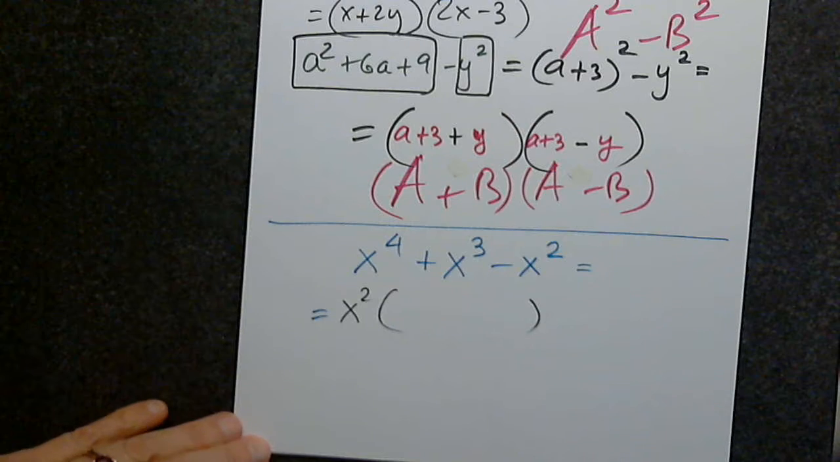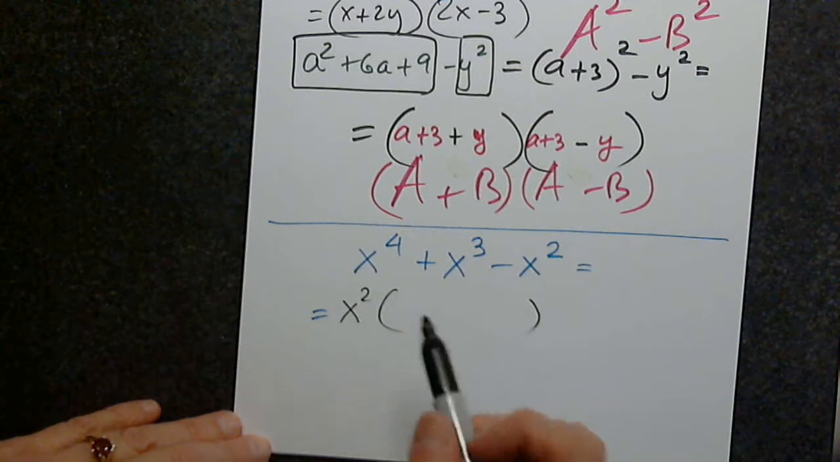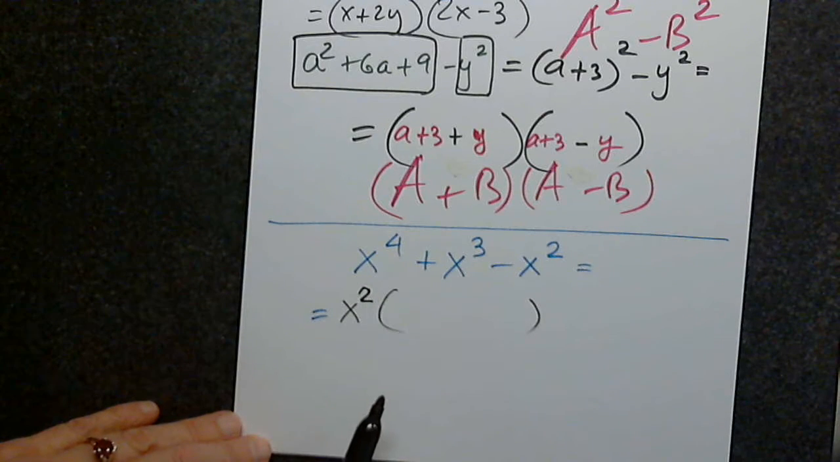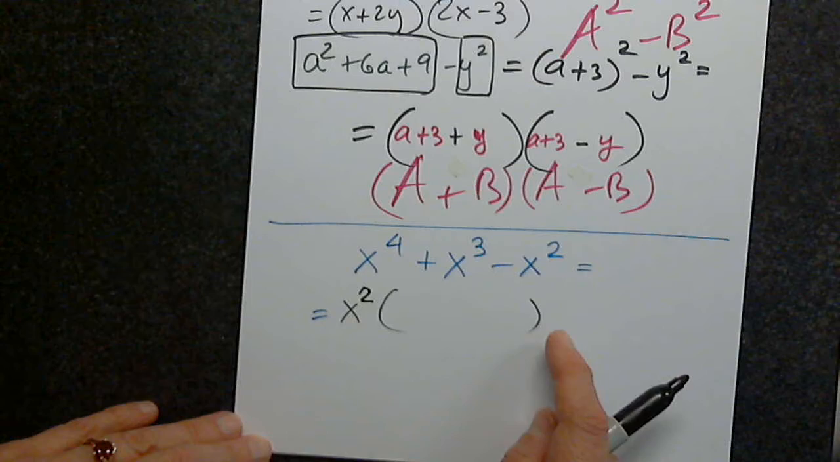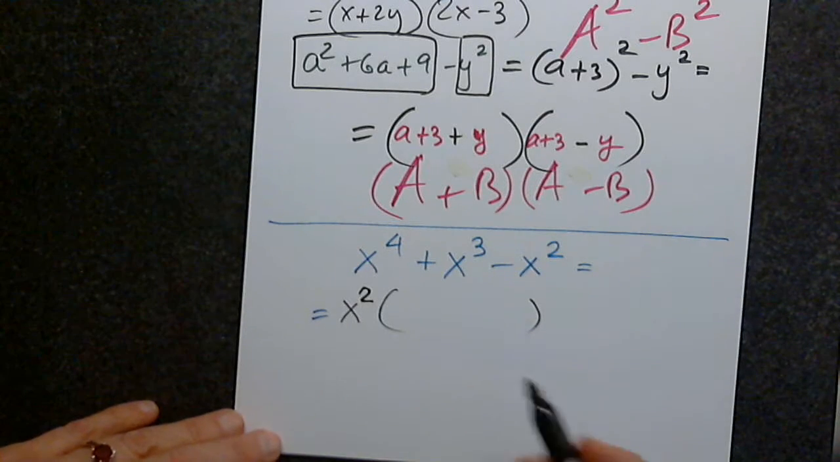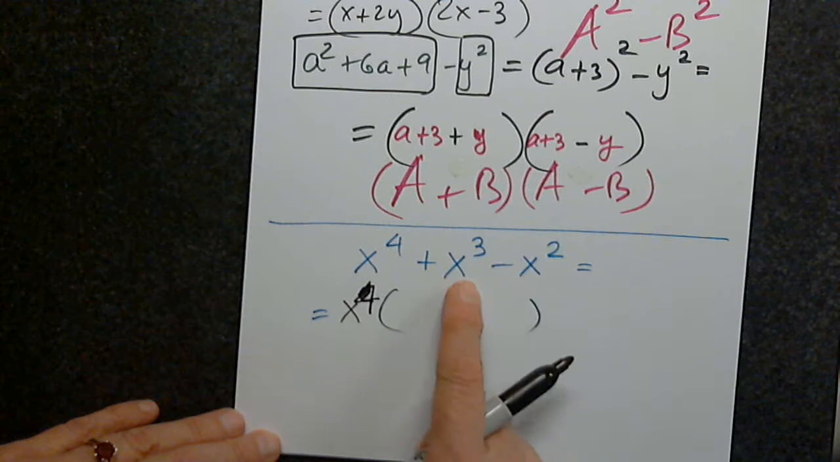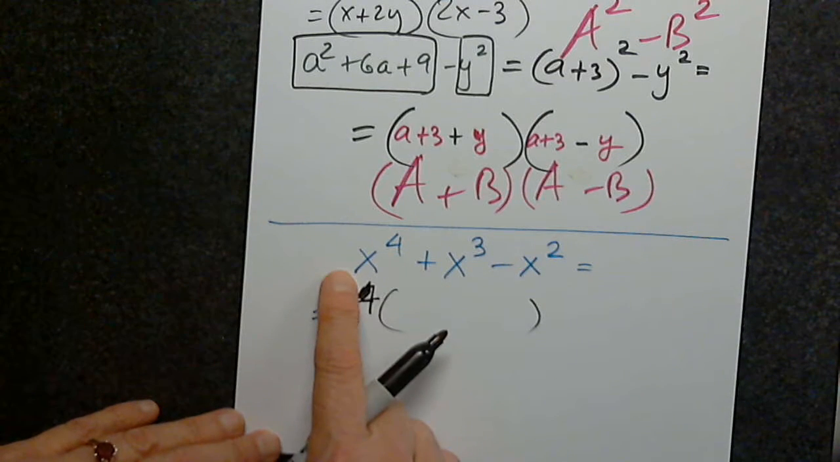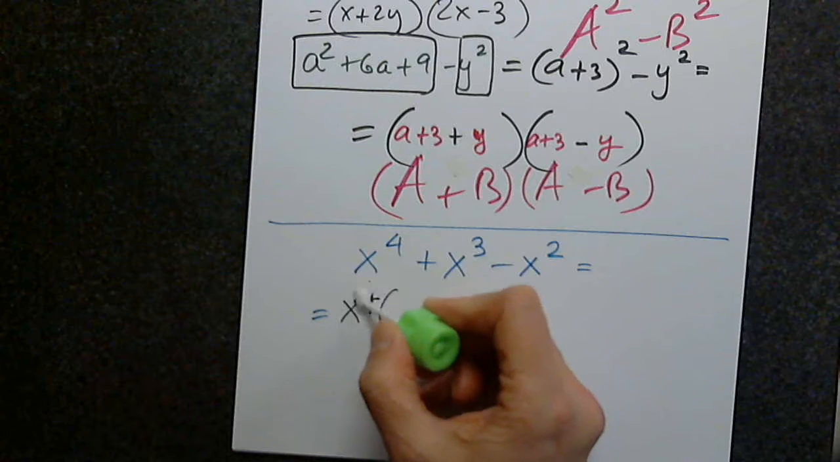In other words, you compared 4 to 3 to 2 and you chose the smallest power, because only the smallest power goes into all the other three, all three, right? Can I choose 4? No, because this one doesn't have 4, and this one doesn't have 4. Only this one has 4. So I have to choose the smallest power, which is 2. So now, after I do that,